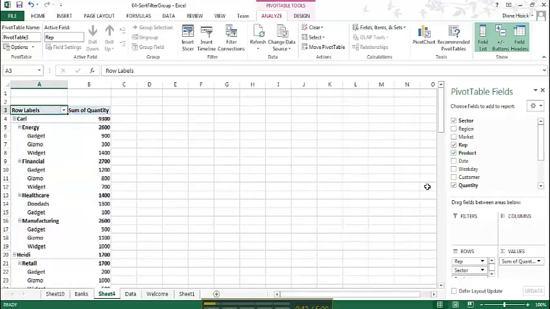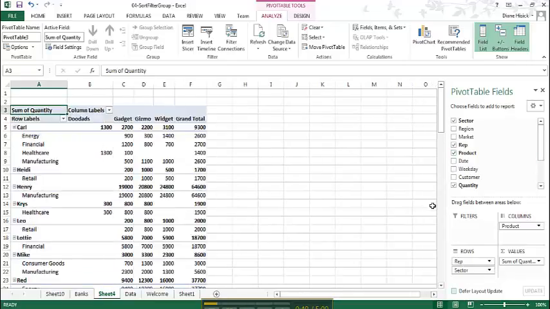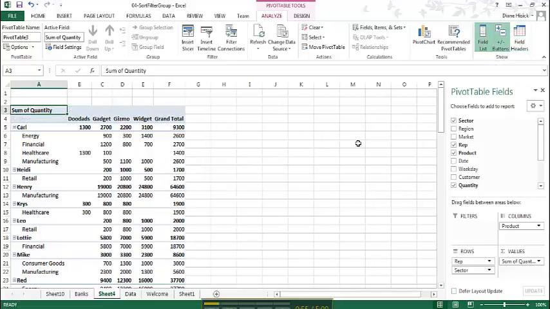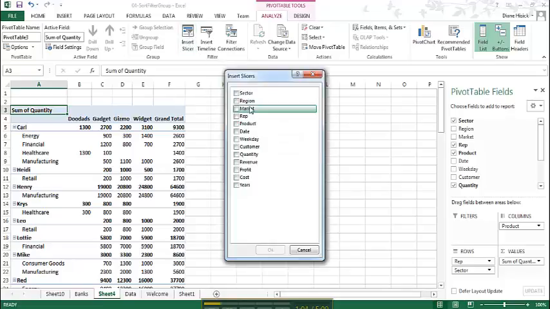and product. Okay, now I'm going to move this product field over to a column to make things a little more readable, and I also want to get rid of my field headers to make my rows and columns a little bit more even. So to insert the slicers, go up to the Analyze tab, click Insert Slicer, and